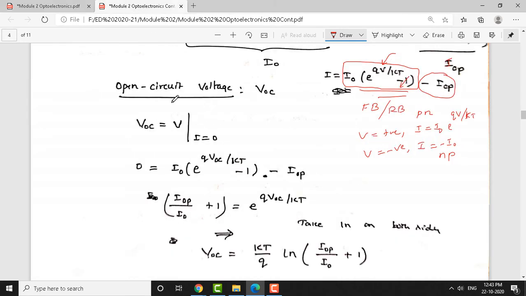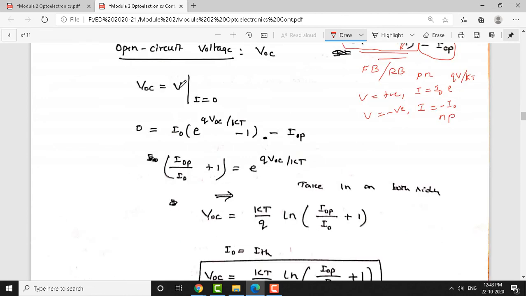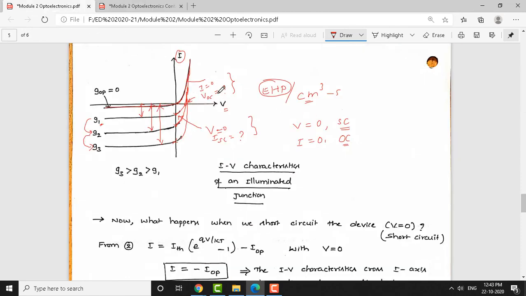First, let us find open circuit voltage. Okay, open circuit voltage is nothing but the applied voltage for the condition I is equal to 0. There must not be any current here. Okay, current is going to be 0. As I told you already, for open circuit current doesn't exist here. Open circuit current doesn't exist. I am trying to find out this extreme value here.